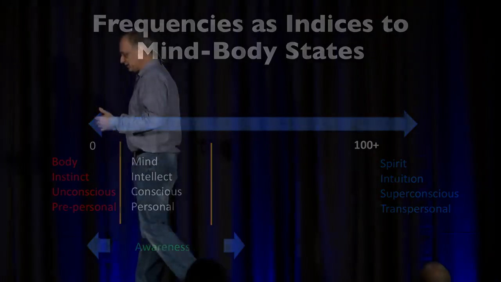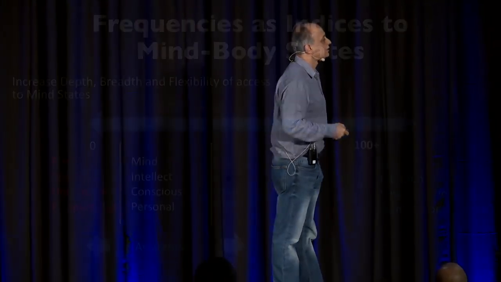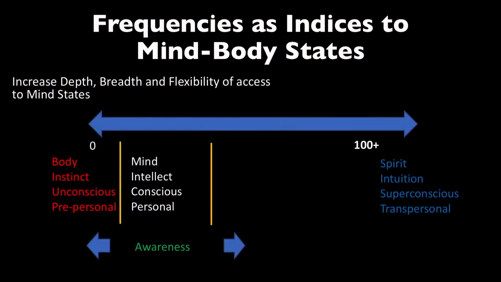At some point in my meditation, because of my depressive tendencies, I found that I had a lot of sinking mind and low energy. And when I learned about neurofeedback, I did some training of beta waves, and that produced a balanced state of mind for me, because that's what I needed. I needed more of that kind of frequency and energy for a balanced meditation state. So what we're looking to do with this kind of technology is to increase the depth, the breadth, and the flexibility of access to different mind states.